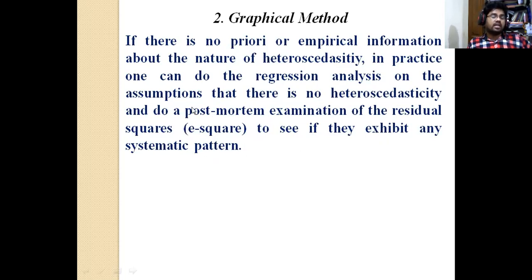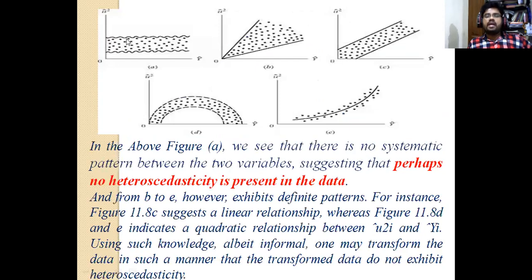Simple. Generally, when somebody is dead, how can we identify the reason for death? After the postmortem analysis only, the doctor will explain that he has died due to this reason. Am I right? So here also, after estimating the model, only then will we come to know whether the particular model is suffering from heteroscedasticity or not. So this is a pattern.